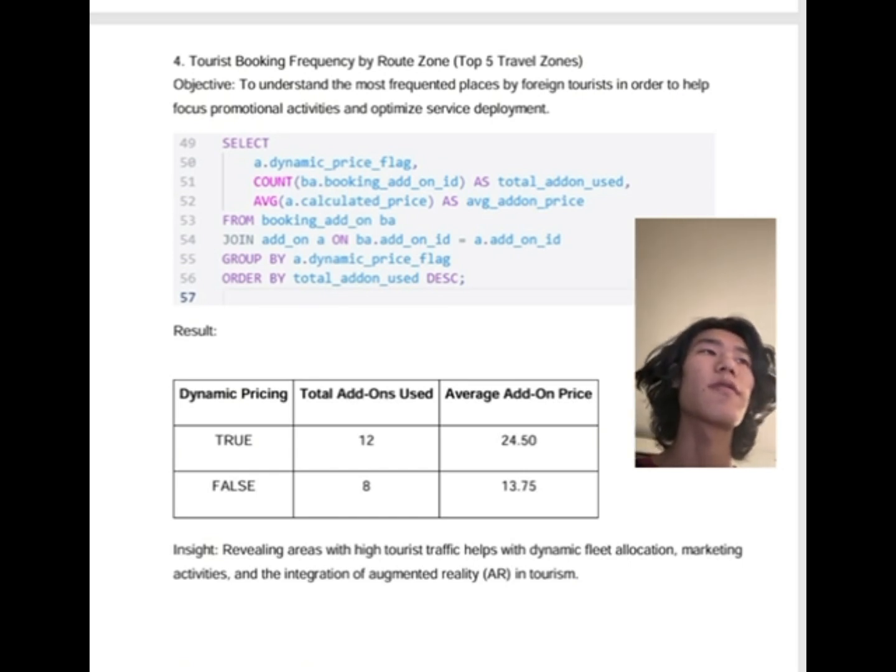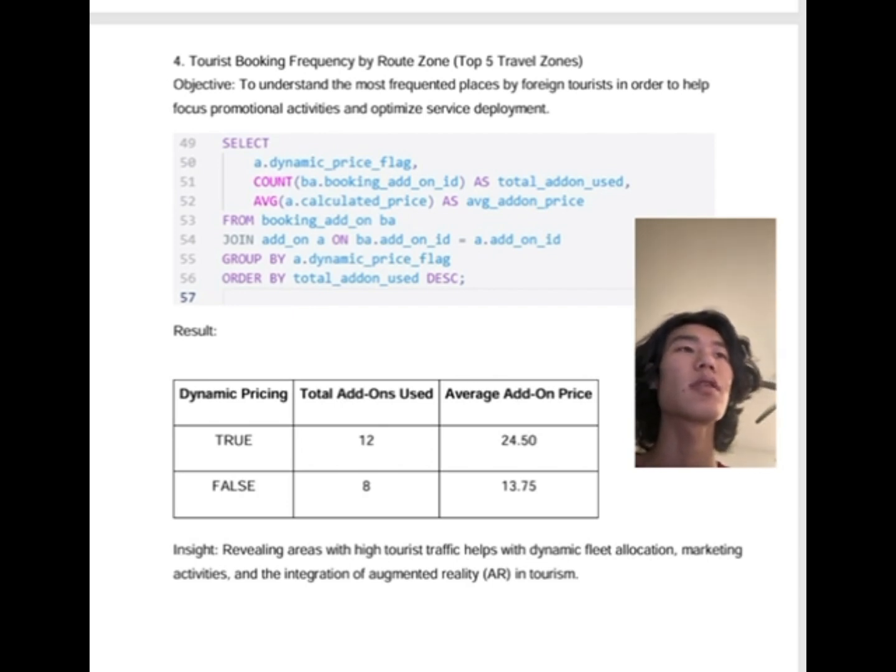In the case of non-dynamic pricing, the total usage was only 8 times, and the average additional price was also relatively low, at only